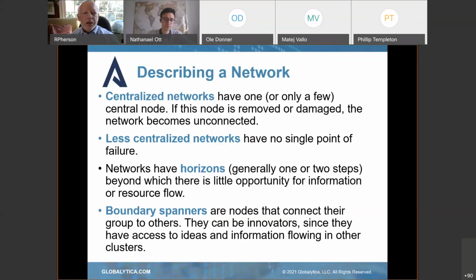And then boundary spanners are going from one group to another group. And I think those are particularly critical, and that's a role that you might play within a network, that you're working in one group, but you're also trying to translate the information and the knowledge of one group to another group. But the other group could have a very different culture. So a boundary spanner's got the job of taking information from one group, deciding how to translate it and send it to another group. For example, it could be at a higher degree of classification to a lower degree. It could be someone who really wants a lot of detail, or they want just one paragraph. What do you send? How do you send it? So you really work there as a translator or a boundary spanner.